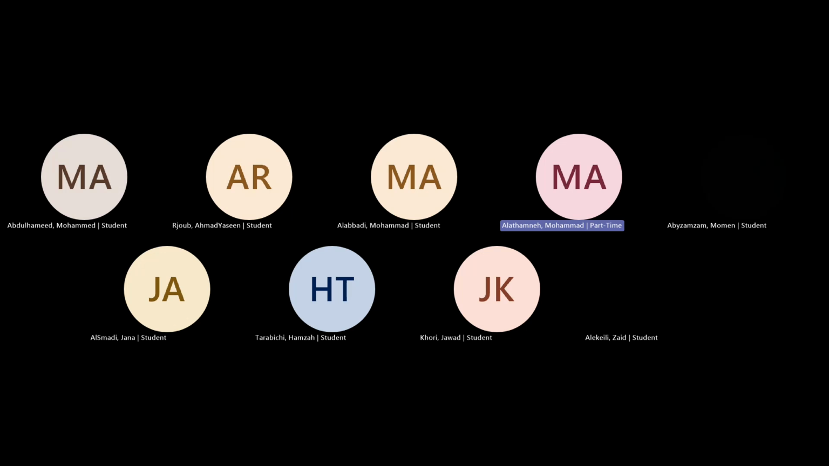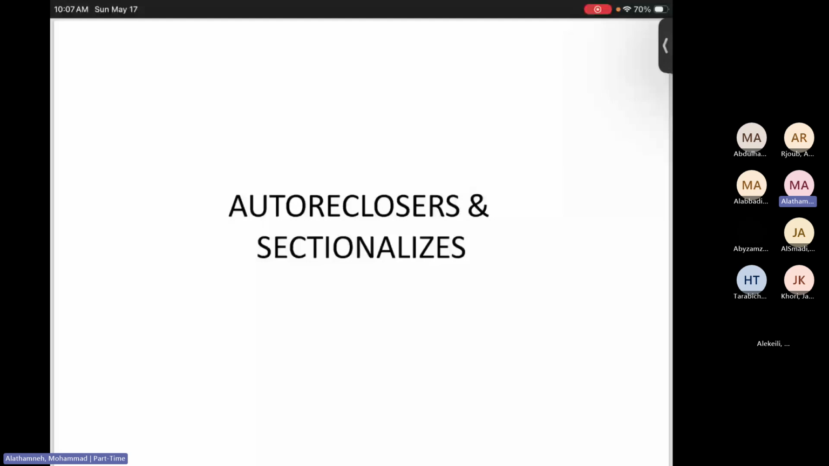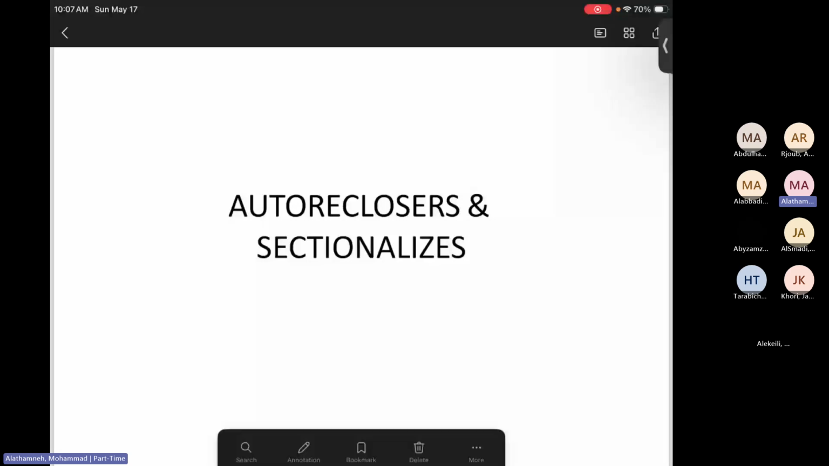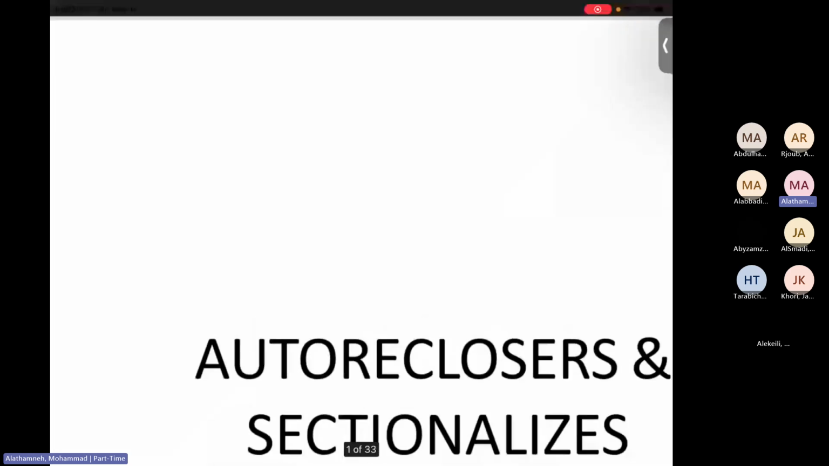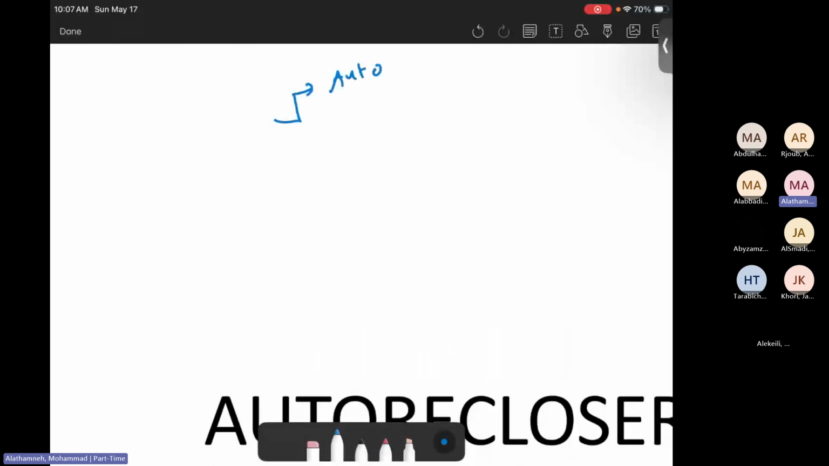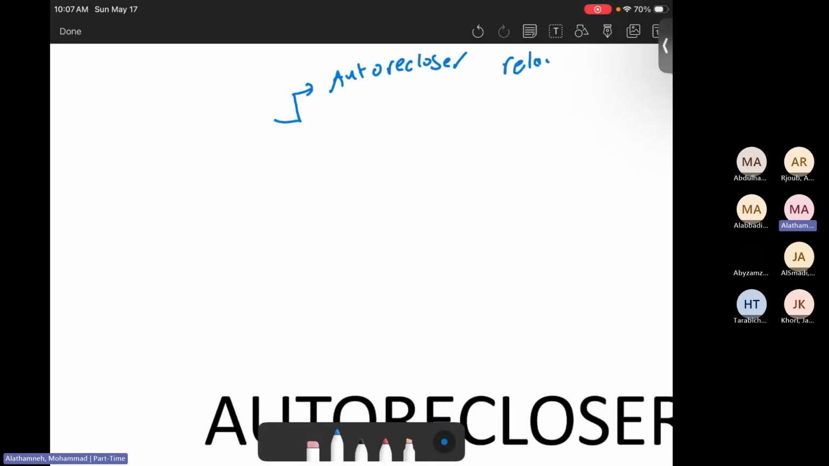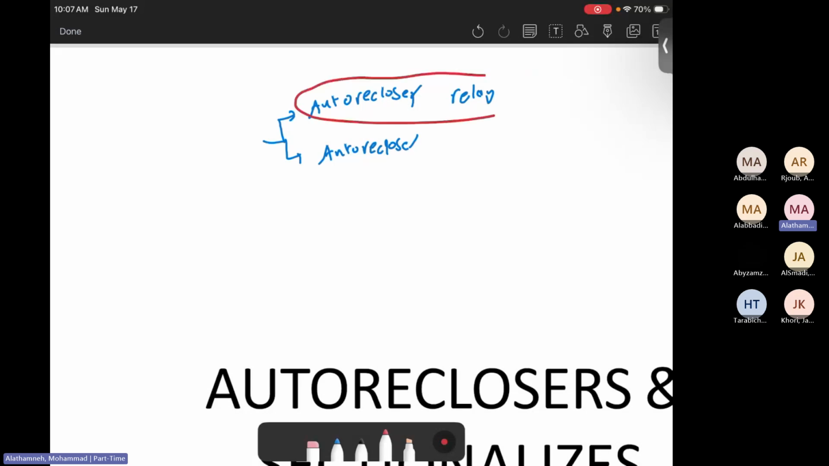Good afternoon. Today's topic, we will talk about autorecloser and sectionalizers. Before starting, I would like you to distinguish between two things. The first is the autorecloser relay, and the other is the autorecloser itself, the autorecloser alone. The autorecloser relay is basically used